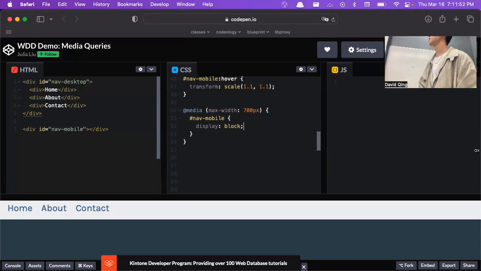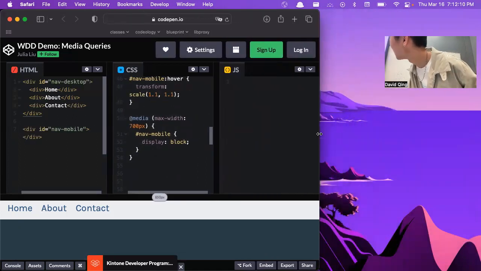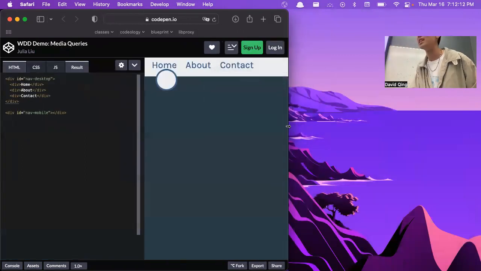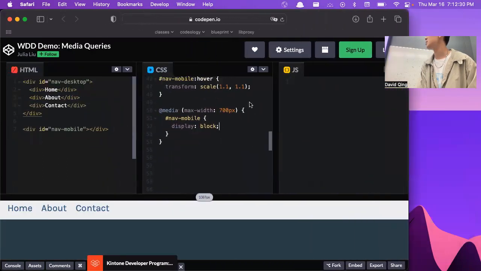I've essentially told the computer, whenever the screen is less than 700 pixels, I want the nav mobile to be displayed block rather than none. What would happen? I'll bring it close. Oh, it even shows. So I'm at like 800 down to 700. Hopefully you have your guesses already, but right there. Don't worry about how it pops up to the side. That's just a feature of this website. But notice now, once it's shrunk under 700 pixels, our circle reappears. That was very intentional because we set this media query to display the nav mobile as block rather than none